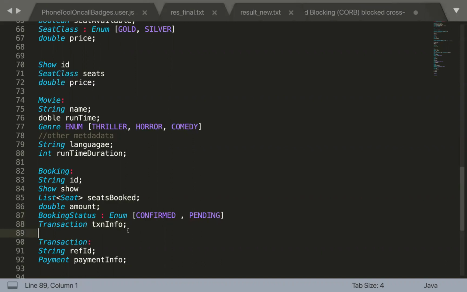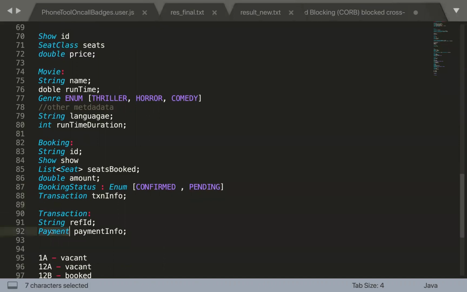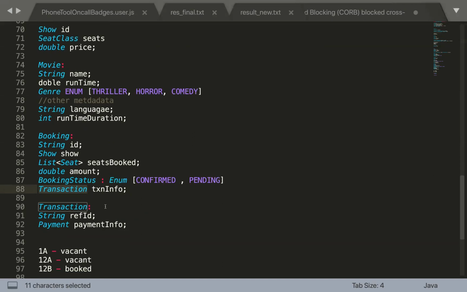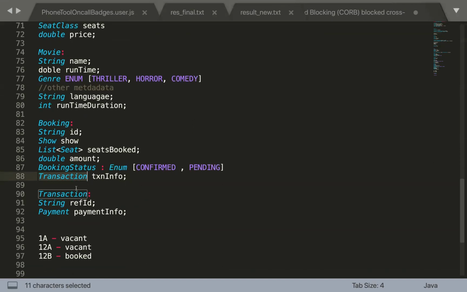So transaction information is nothing but related to payment and all other payment related activities. So the transaction is going to have a transaction reference number. Probably we can directly have the payment information as part of this booking, or we can keep the transaction as a separate entity and there we can have the payment information. Transaction in this case is very much similar to this booking reference itself, right? So probably we can get rid of this transaction and only keep the payment object as part of this booking. Both ways are fine. If you need to put some different kind of entity or if you have some different processing, it can be kept here, or only this payment information can be directly put there.